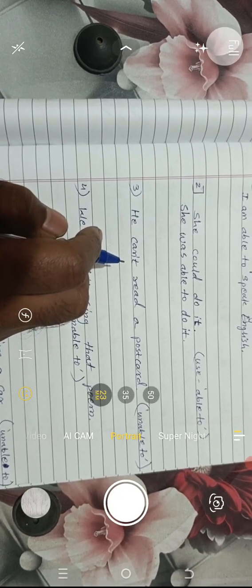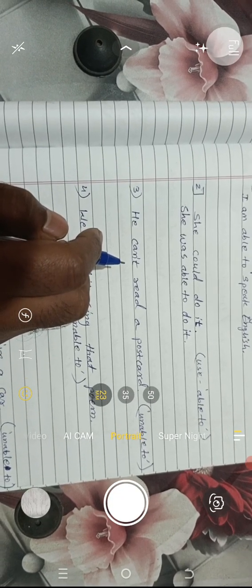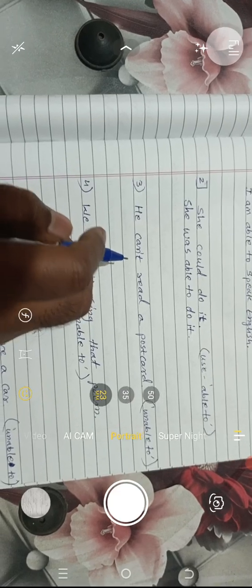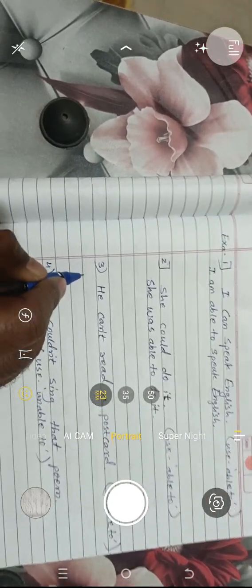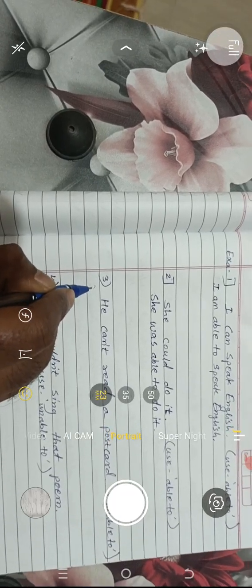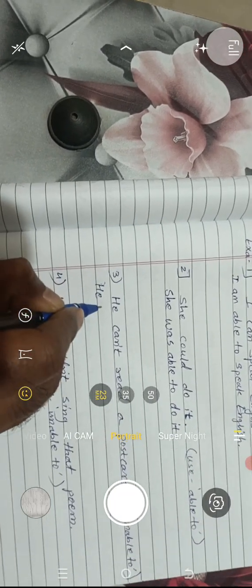While we are going to use unable to in the sentence, we should begin the sentence as it is. Here I write he,